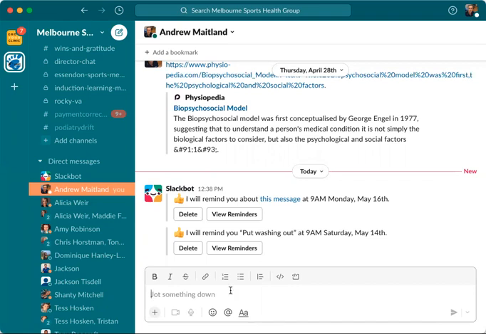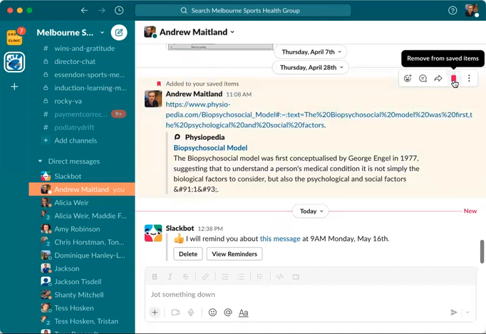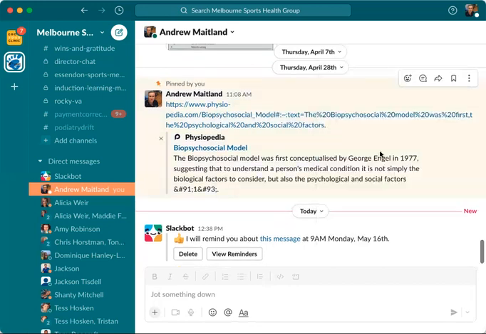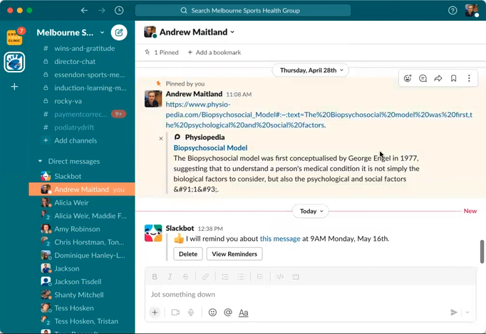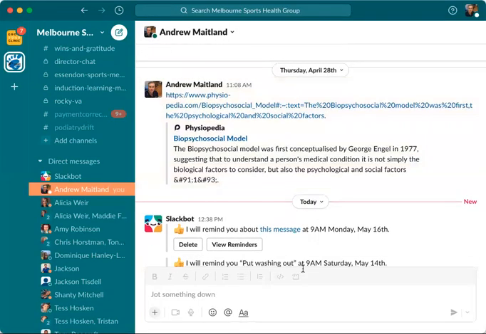The other thing you can do is you can pin. You can save this item. It adds it to your saved items. So therefore, if you've got lots of information on here, you can go back and access this at a later date. We can also pin it, and this then keeps that front of mind. So whenever you enter this particular channel, you'll see it pop up straight away. We generally only do that for stuff that we're going to be viewing in a short period of time rather than something that's going to be permanently there.